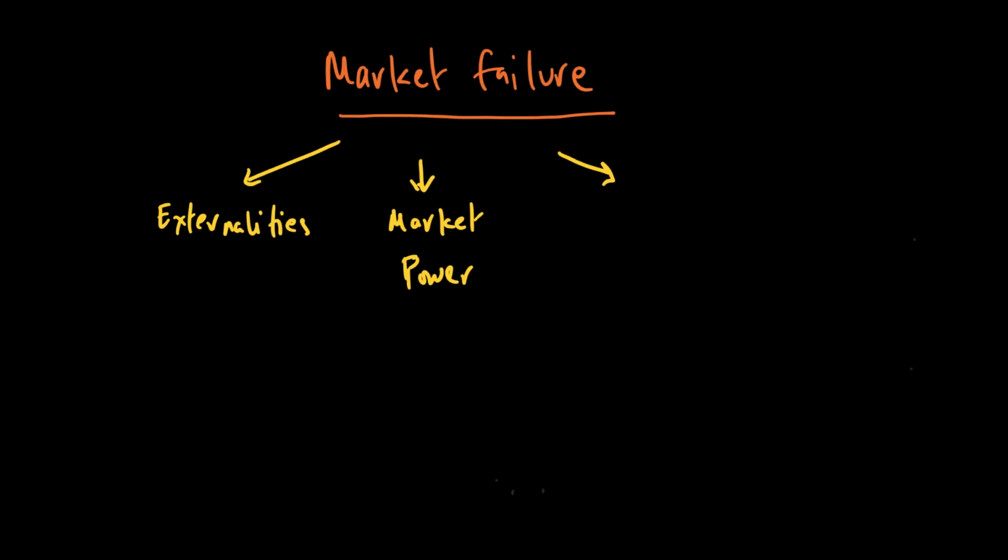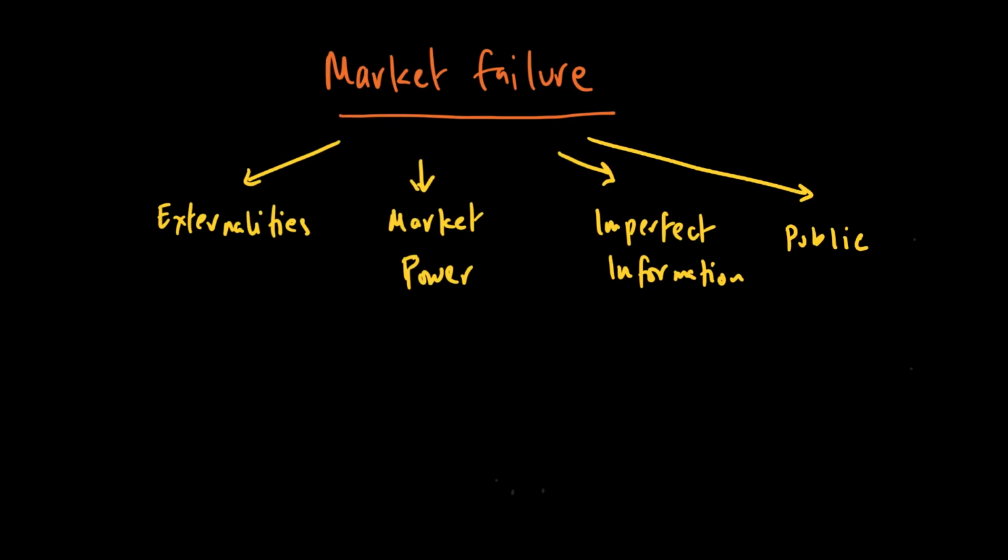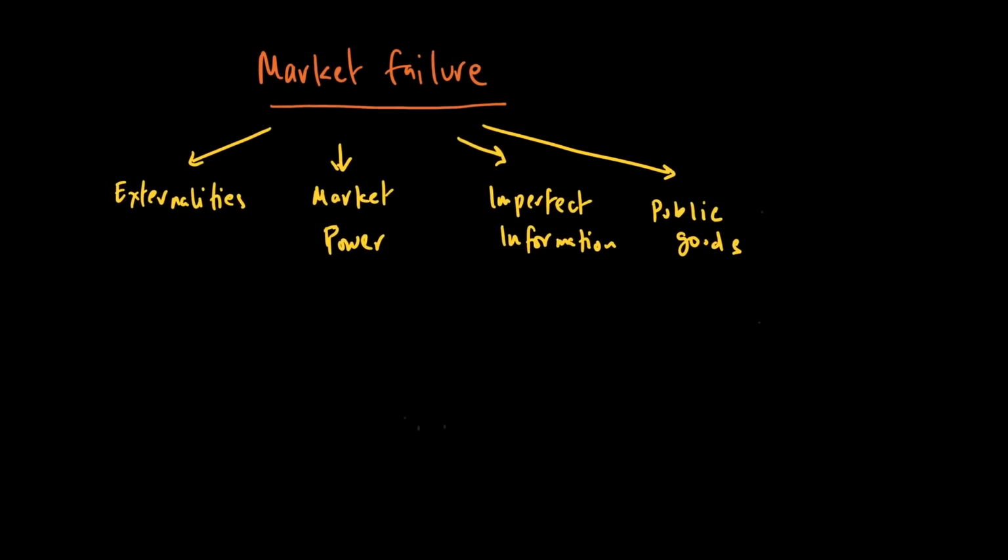There could also be imperfect information, which is a source of market failure. Then there are public goods, which we discussed in AS, but we're going to repeat